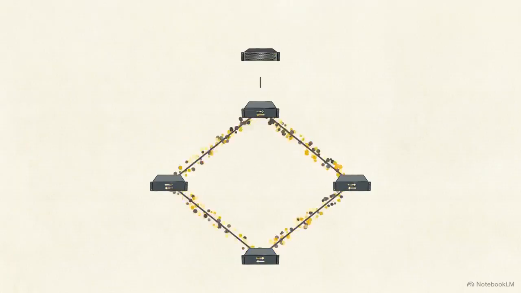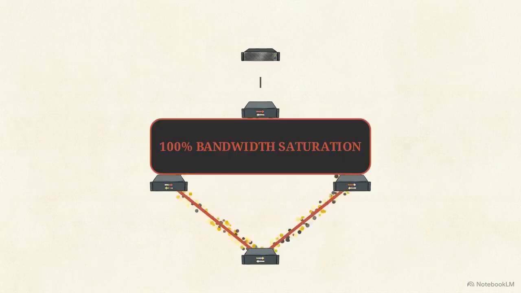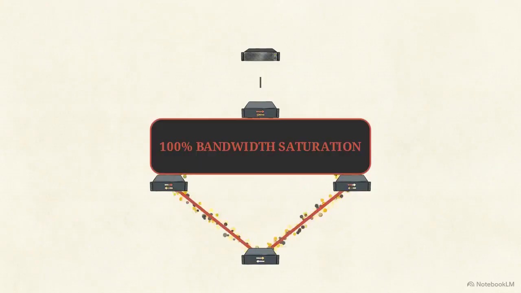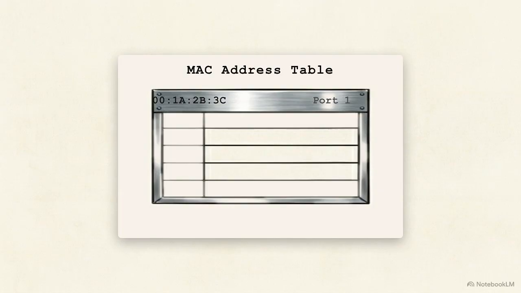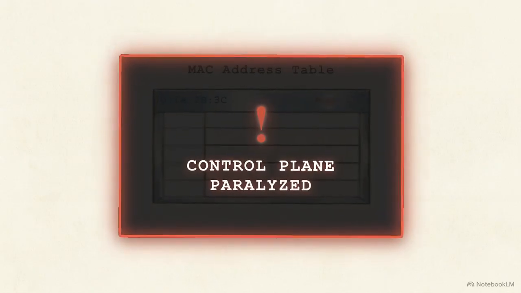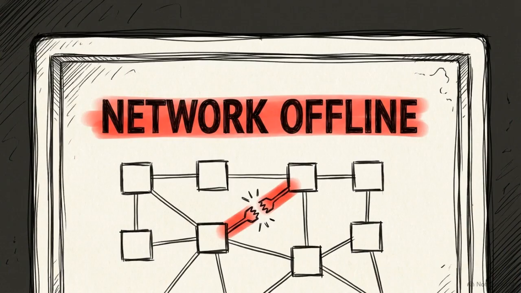Within fractions of a second, thousands of duplicate frames circulate indefinitely. This is a broadcast storm, and it instantly consumes 100% of the available link bandwidth. The hardware itself begins to buckle. As the identical frames arrive from multiple directions, the switch's CPU tries to map the sender's MAC address to different ports in rapid succession. This process, known as MAC flapping, paralyzes the control plane. In a purely physical Layer 2 environment, a single misconfigured cable connecting 2 switches twice acts as a self-inflicted denial-of-service